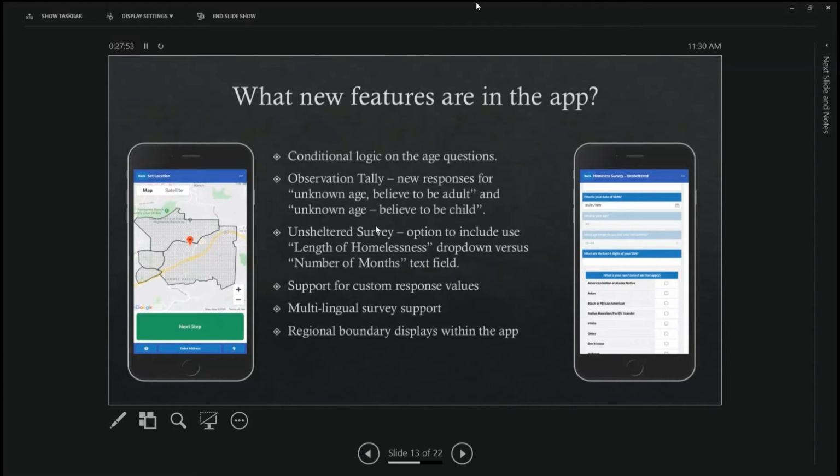Other bit of work, and these two are related: support for custom response values and multilingual survey support. We've added some database updates that allow for even the HUD response values to be reworded a bit. You have to be careful about doing this, that you don't change the intent of the question or the response. But